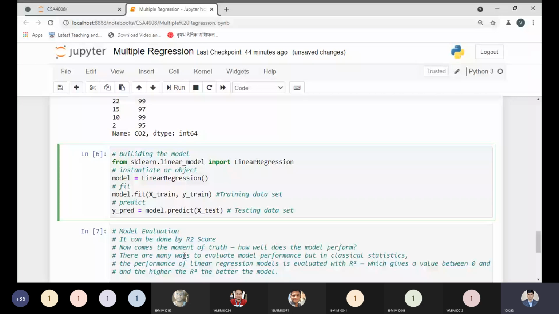Is it clear to all right now how we are building the model? Just let me know. Is it clear to all how we are building the model? Sir. Yes, tell me. Is it clear? Yes. Any doubt over here? Please, you can ask me right now.